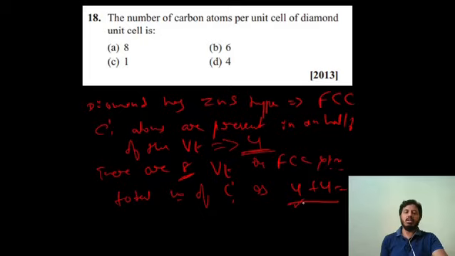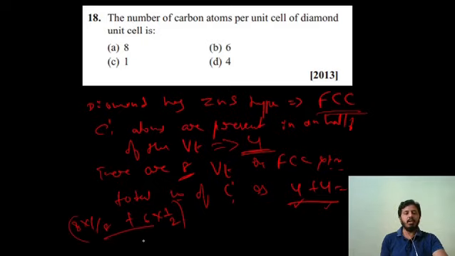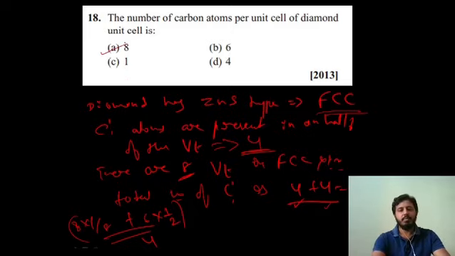So consider this the first 4. What is meant by this second 4? Here they have given an FCC crystal. If you consider an FCC crystal, which is the type of unit cell in which the particles are present both at the corners as well as at the center of each face, we have 8 corners and its contribution is 1 by 8. And we have 6 faces and its contribution is 1 by 2. On simplifying, you will get 4. This is the second 4. So the correct option is A.